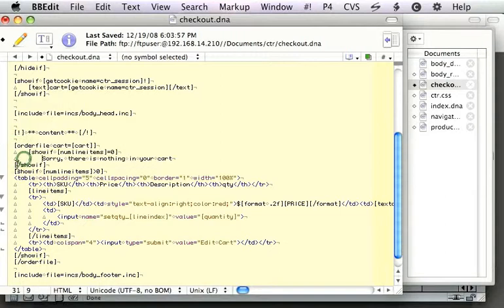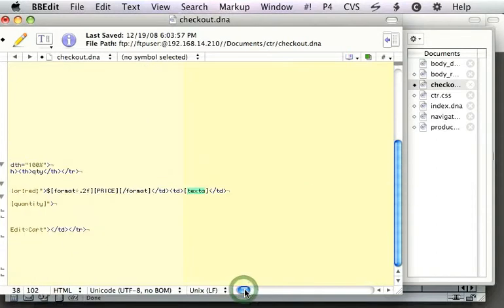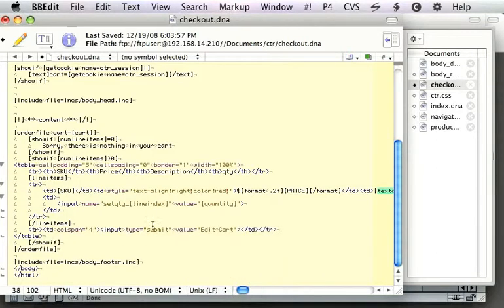We're inside an order file, and we want to display all the items that are in the cart. So we're going to loop through them using the line items loop that's available within an order file context. We're displaying the SKU, the price, some optional description that we can set, and then the quantity. We're also